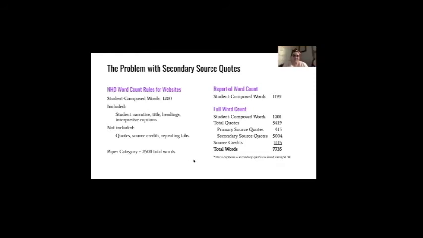I think one thing that sort of shook me when Wendy presented this to all the coordinators, was it last week or the week before? Maybe multiple weeks ago, I don't remember. But I think what really struck me is that the website category is really unique in that in the paper category, even the quotes are going to count, right? And I remember really struggling this last year with a couple of our paper submissions going to nationals, really trying to get them in that 1,200 word, you know, student composed, or it's 2,000, I think, for papers. 2,500. Goodness, what is wrong with me today?